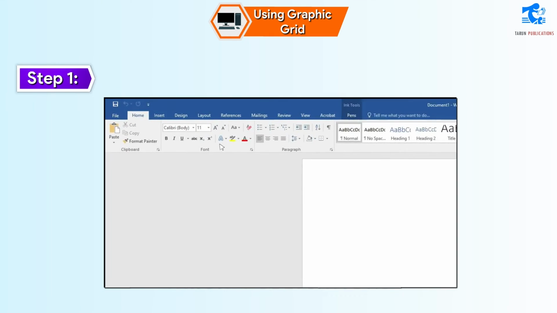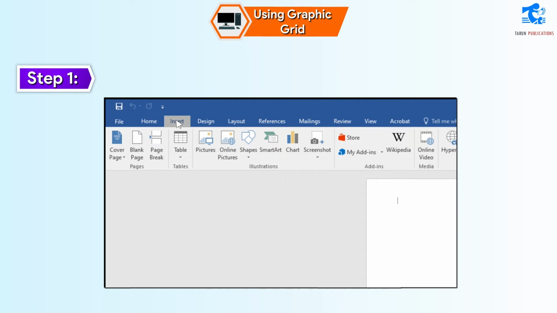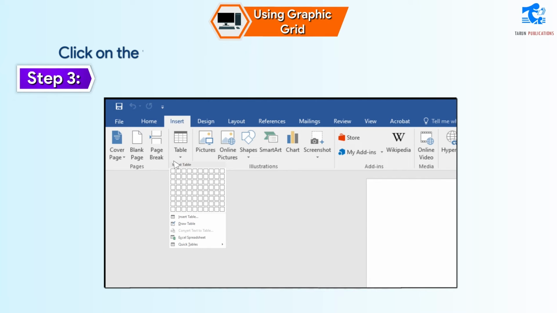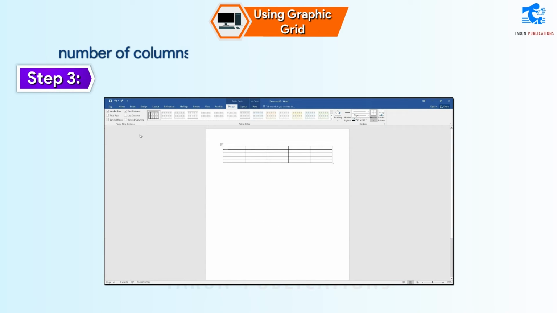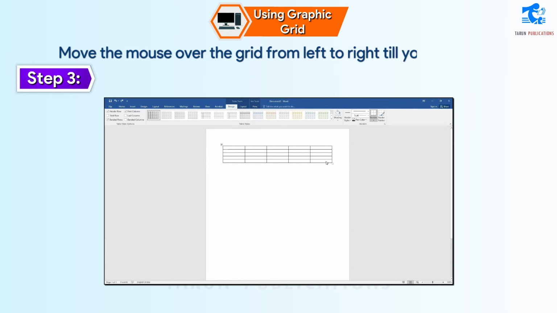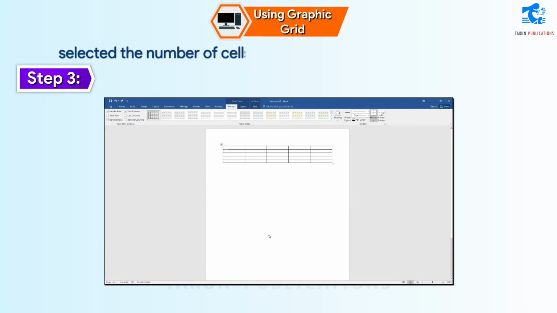Step 1. Click on the Insert tab. Step 2. Select the table arrow from the Tables group. A drop-down menu will appear. Step 3. Click on the top left corner of the grid and start selecting the number of columns or rows which you want to add in the table. Move the mouse over the grid from left to right till you have selected the number of cells according to